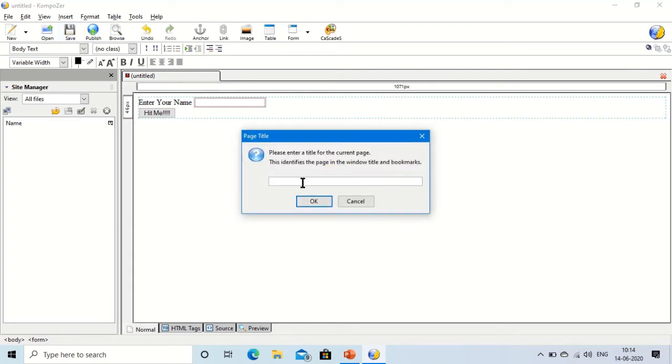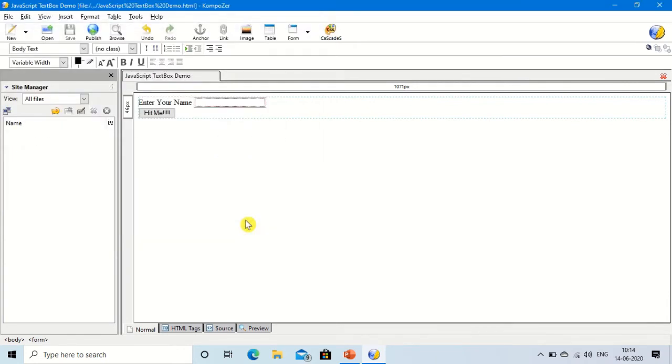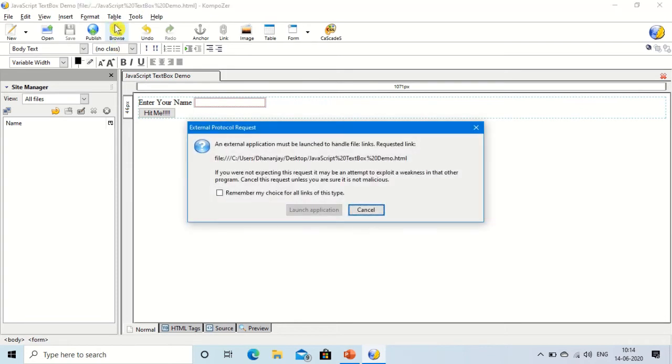Give a title. I can give here JavaScript text box demo, or you can give as per your convenience. Then give a file name. Then click on the browse option.